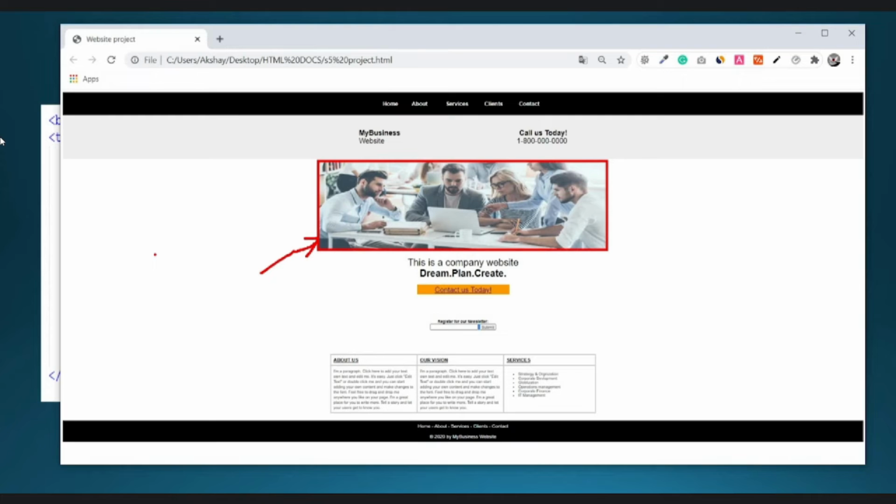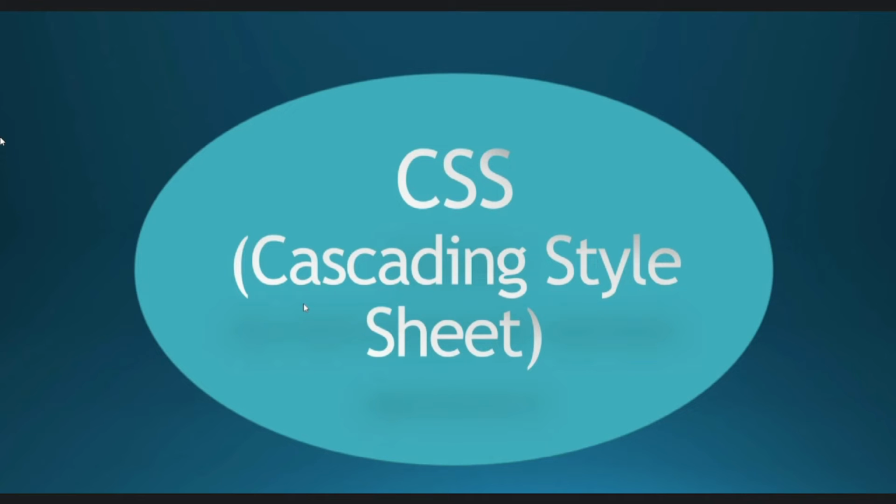For example, if we inserted an image into a table cell, we could not place any other object on top of that image. This is a concept known as layering. In this section of the course, we are going to explore the world of CSS, that